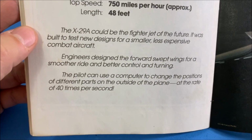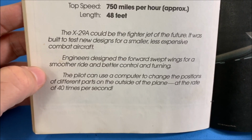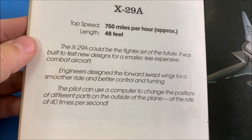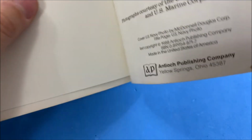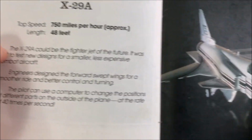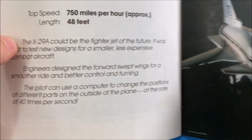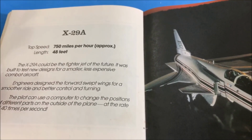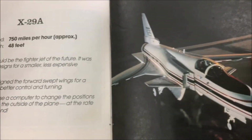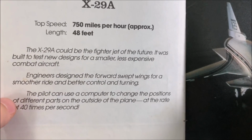And it's kind of funny to read this because it says the pilot uses the computer. I'm pretty positive that the computer did this automatically. But this book was published, let's see here, was published 1988. So this plane was still flying around at that time and was pretty cutting edge at the time. I still think it's pretty cutting edge and cool to this day, but I just thought it was cool. I found this book, I saw the model at the hobby shop, and immediately this image came to mind, and I remember looking at this all the time when I was little. So I don't know, I thought I would share that with you,